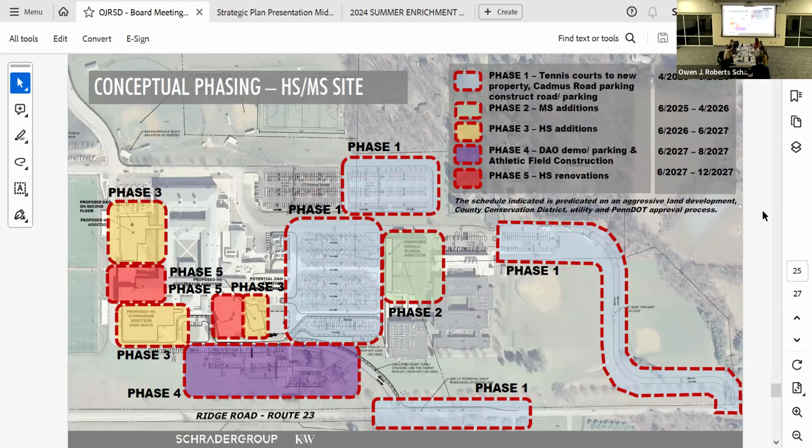Forgive me if I'm misusing these terms. Impervious surface. Okay, so we're almost maxed out with that? Yes. Yes. So since phase 1 is going to be all that additional macadam, how does that play into